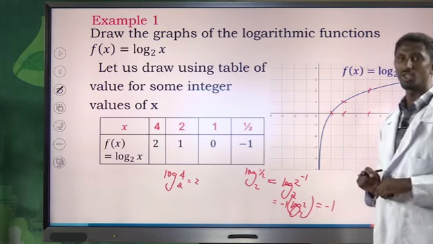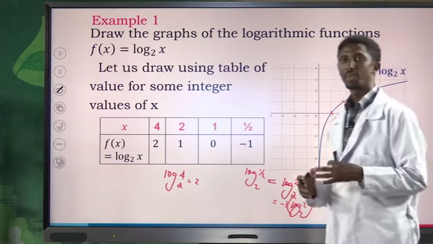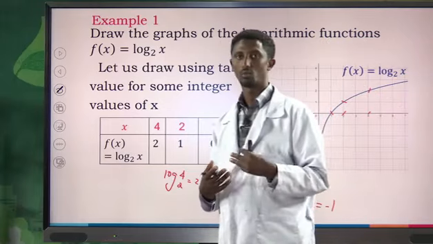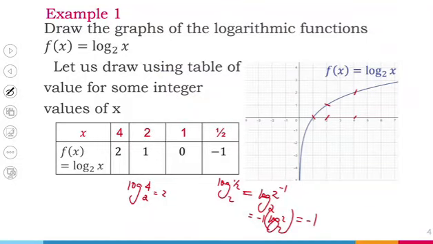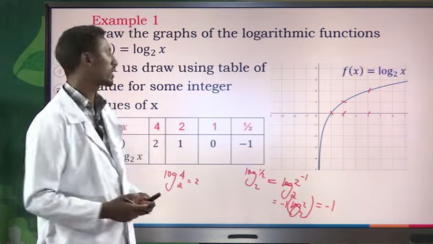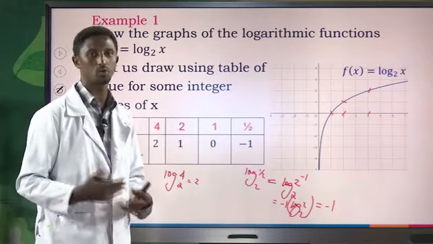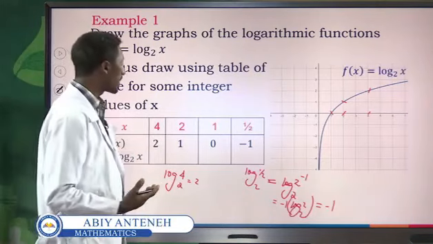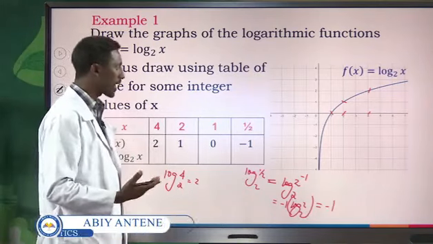By looking at this graph, we can determine the basic properties of a logarithmic function. What are the basic properties? Like domain, range, increasing or decreasing, x-intercept, y-intercept if it exists, and also an asymptote, maybe a vertical asymptote or horizontal asymptote. And also functional values: what are the functional values for a positive number x when it is greater than 1 and when it's